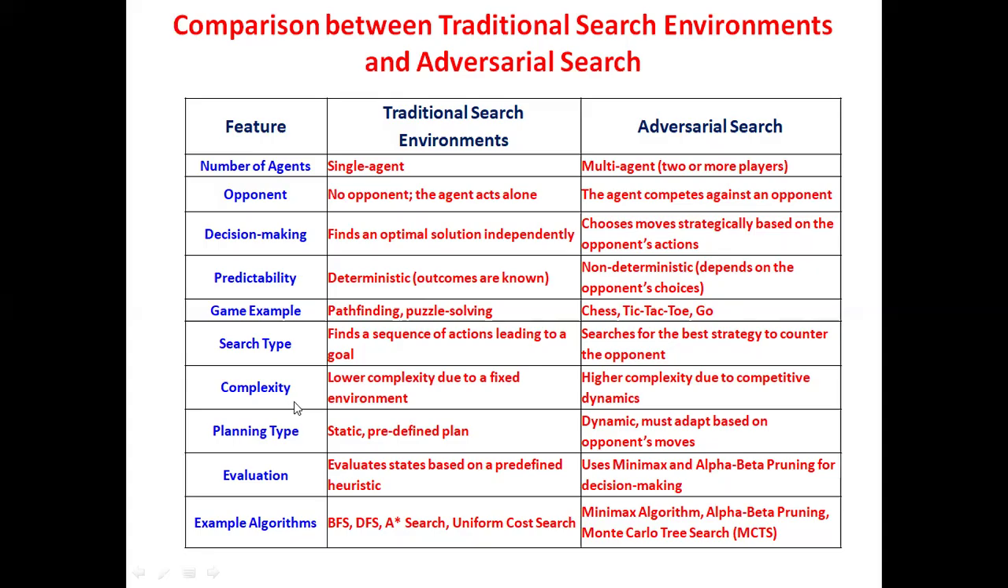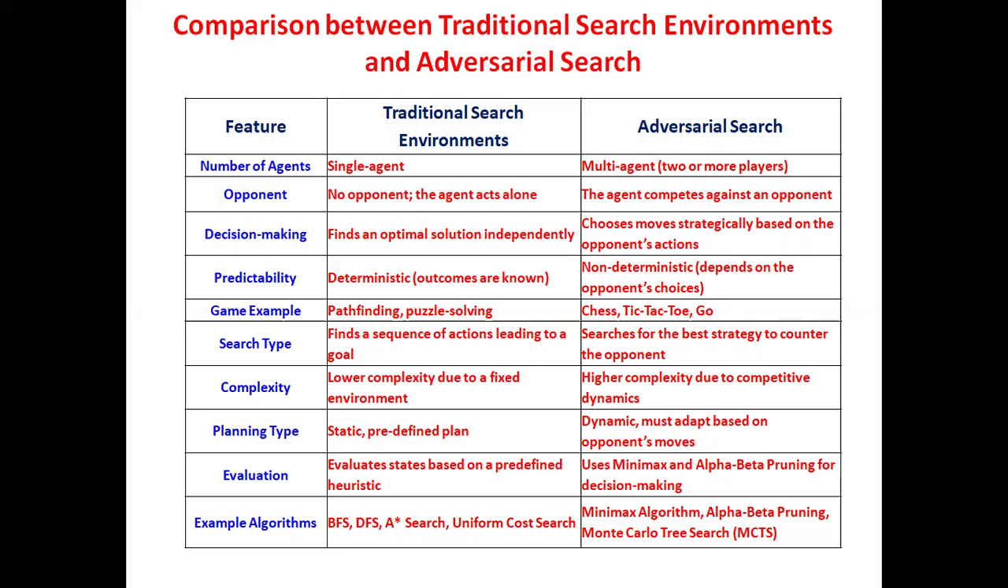Coming to the complexity of both searches, the traditional search generally has lower complexity because it operates in a static, well defined environment. The search process is straightforward and does not change dynamically. Adversarial search is more complex in this case because it involves multiple decision makers, requiring strategic analysis and deeper searches